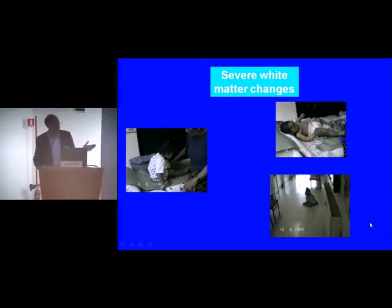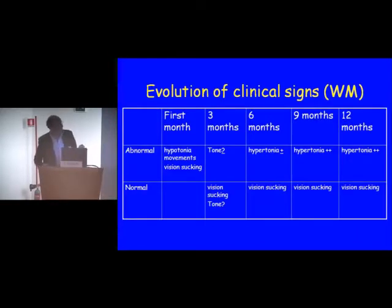So these children will not have the worst outcome, but they will still develop a cerebral palsy. We cannot be too optimistic with parents. Things are different when we talk of basal ganglia, but if we want to look at the scheme of evolution